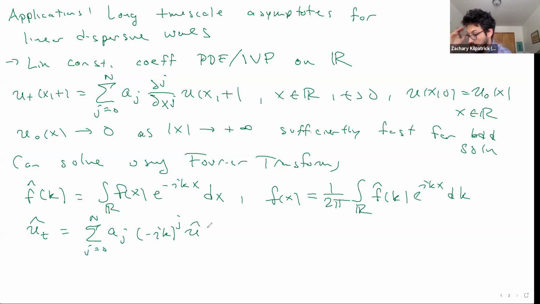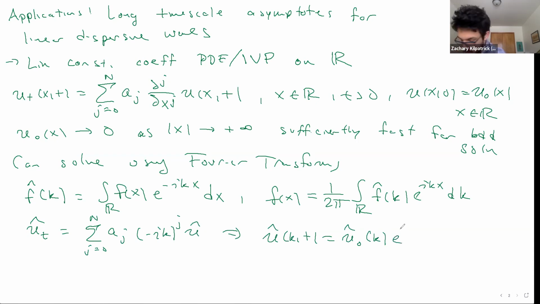And this is just a time derivative equal to some polynomial multiplied by u hat in this case. So we can work this out, and we get that u hat of k, t is equal to u0 hat of k, just the Fourier transform of our initial condition here,